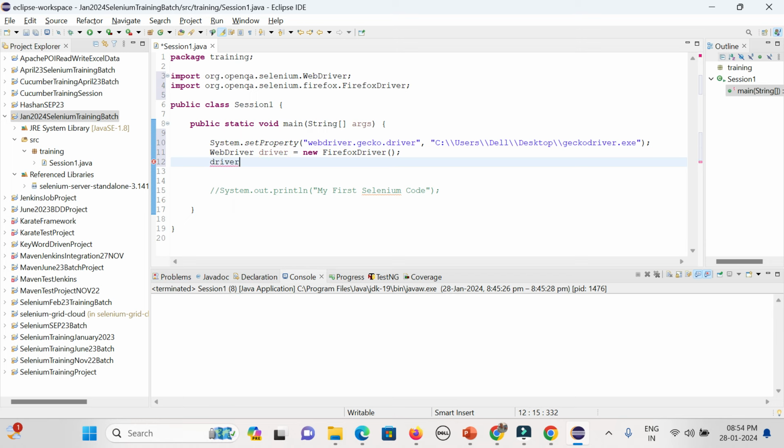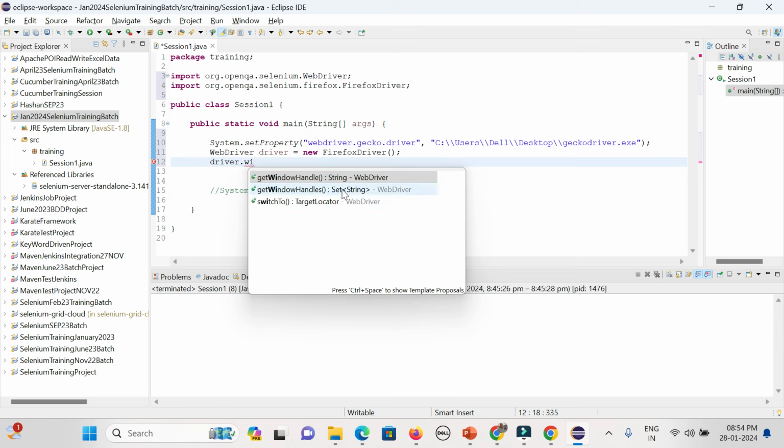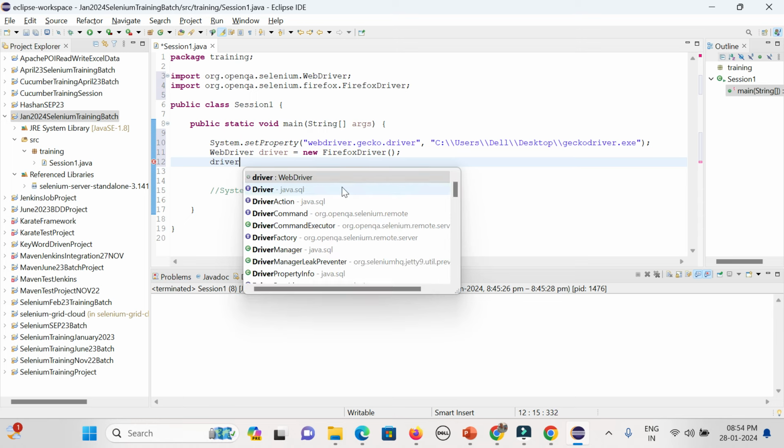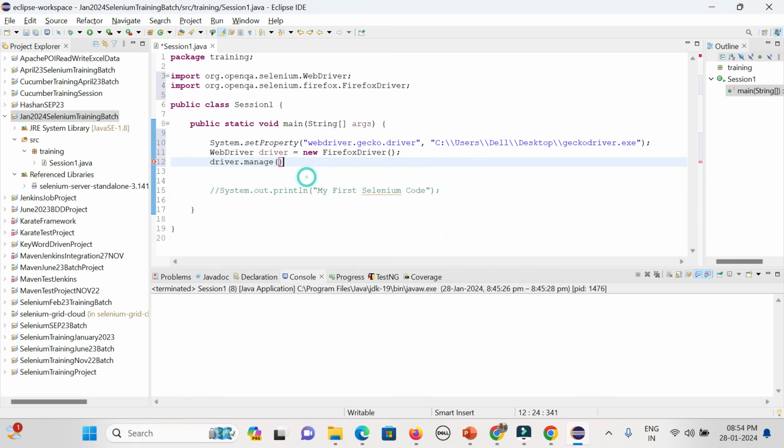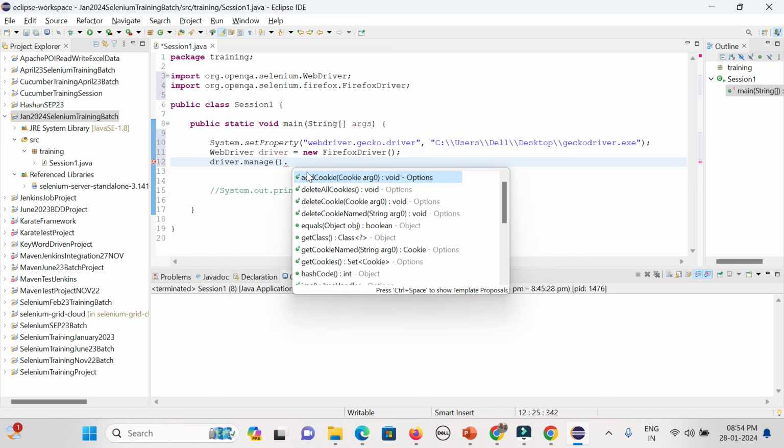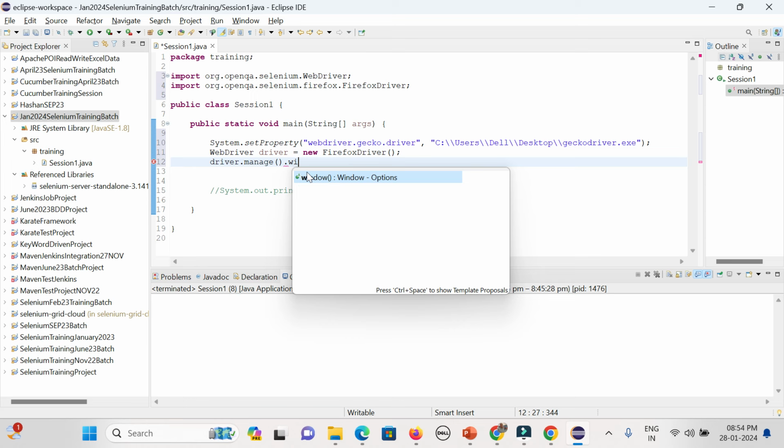After opening, I can maximize it. So driver dot manage. This is a method coming from the WebDriver, and under WebDriver there are options. Then manage dot window; window is coming from the options.